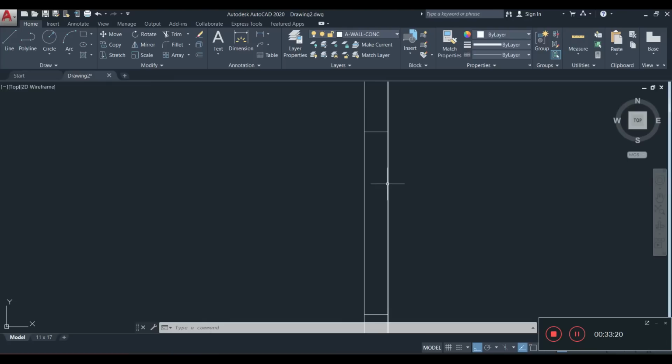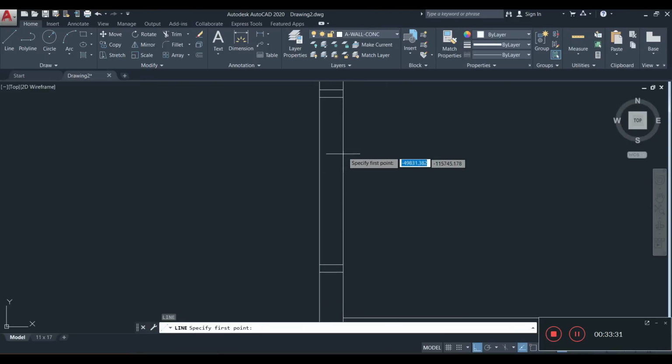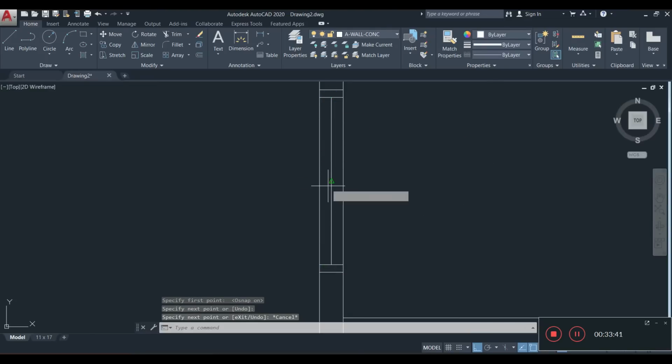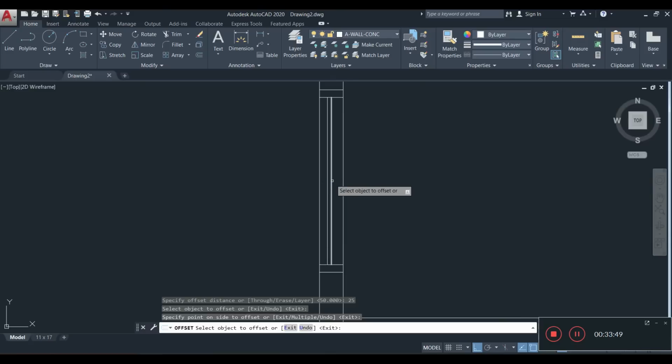Typical fashion, what am I going to do? I'm going to offset 50 up and 50 down from this, like this. Alright, then now in the middle, I'll draw a line just to represent what is going on here, like this. Alright, then I'll probably offset that line there by 25 on either side, like this, and this will be my window. Now I could also offset 25 from the outer line to add some depth to this here,